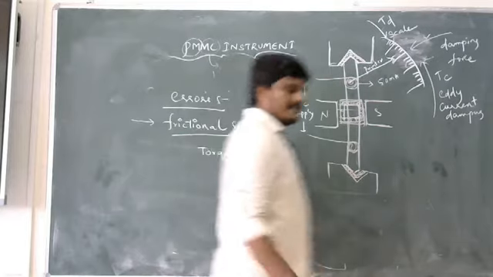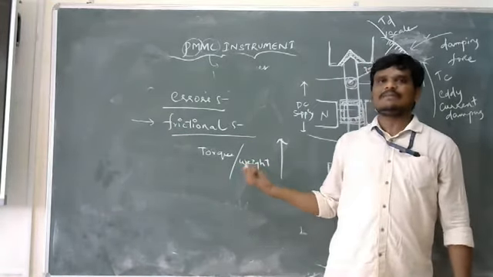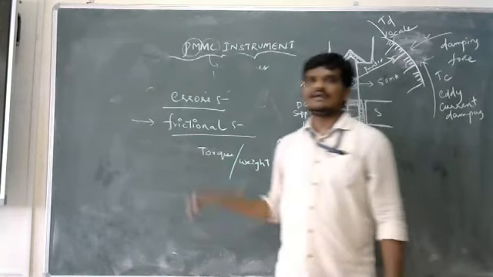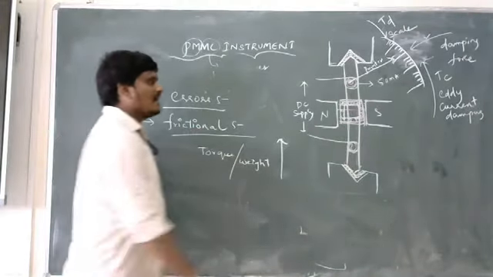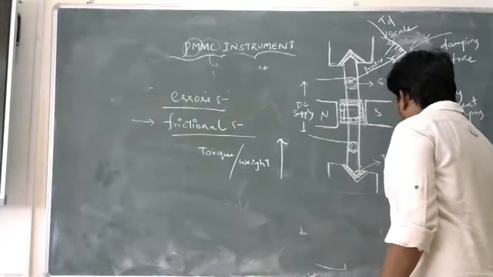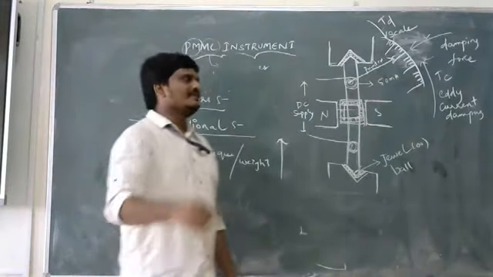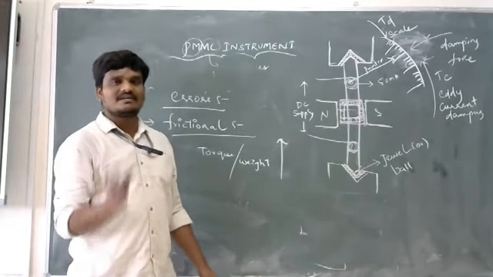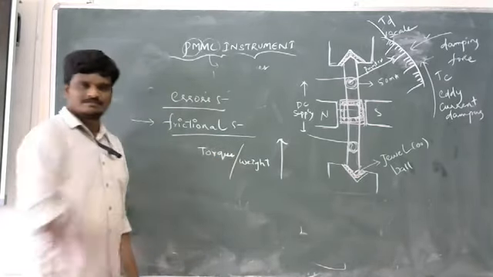In order to reduce the frictional error in a PMMC instrument, which is caused by the rapidity of the parts, the torque to weight ratio should be maintained as high. And in order to reduce the frictional error at the edges of the spindle, I need to use jewel bearings, or else I need to use ball bearings, which reduce the frictional error in the case of a spindle. So to reduce the impact of frictional error in the total instrument, I need to maintain the torque to weight ratio as high.